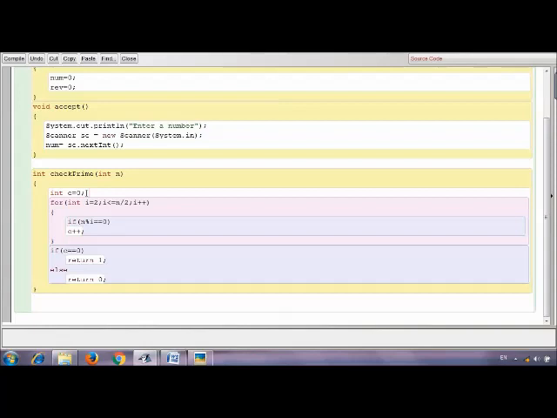We have a variable c. If c is equal to 0, this function will return 1. Otherwise it will return 0. C equal to 0 means that the particular number has no divisors, right, between 2 and half of it.